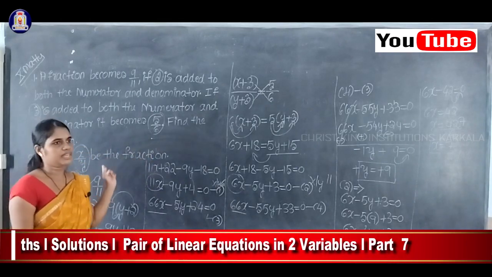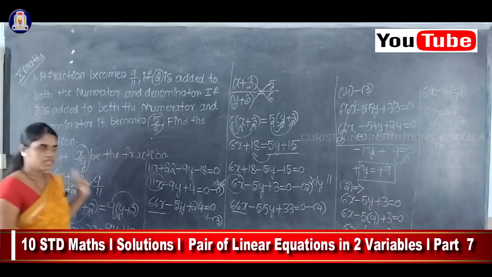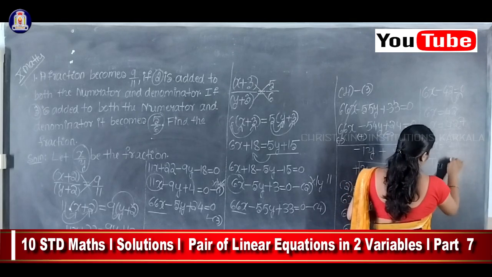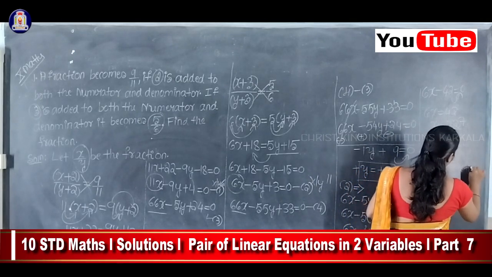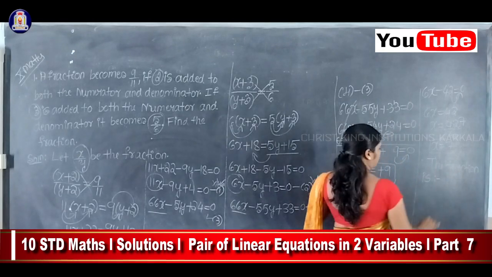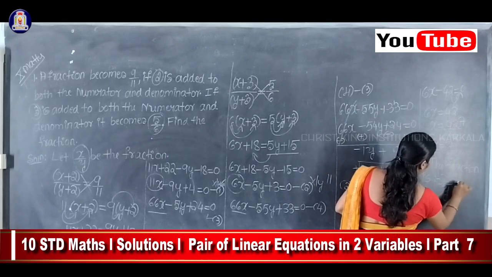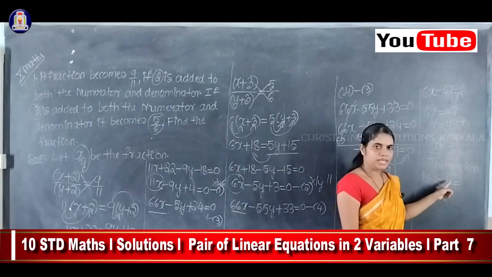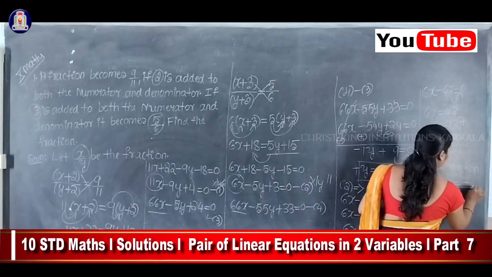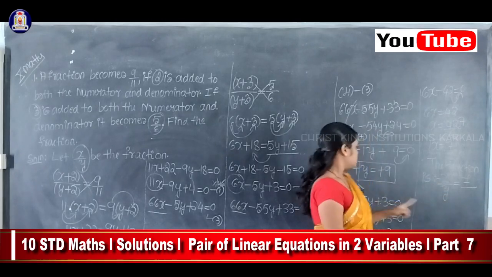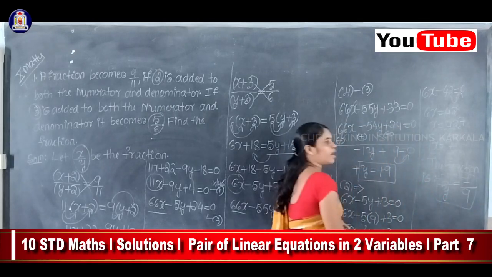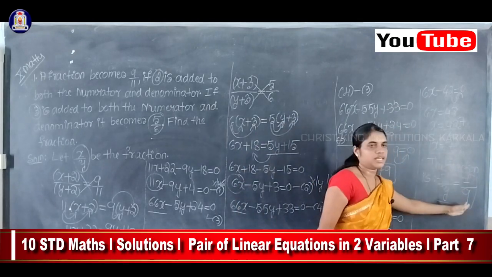So your fraction will be in which form? X by y, isn't it? So therefore, this is the conclusion, the fraction is X by y. Okay, so now in the place of x, substitute this value. X is equal to how much? 7. In the place of y, substitute this value. Y is equal to how much? 9. So therefore your required fraction is 7 by 9.